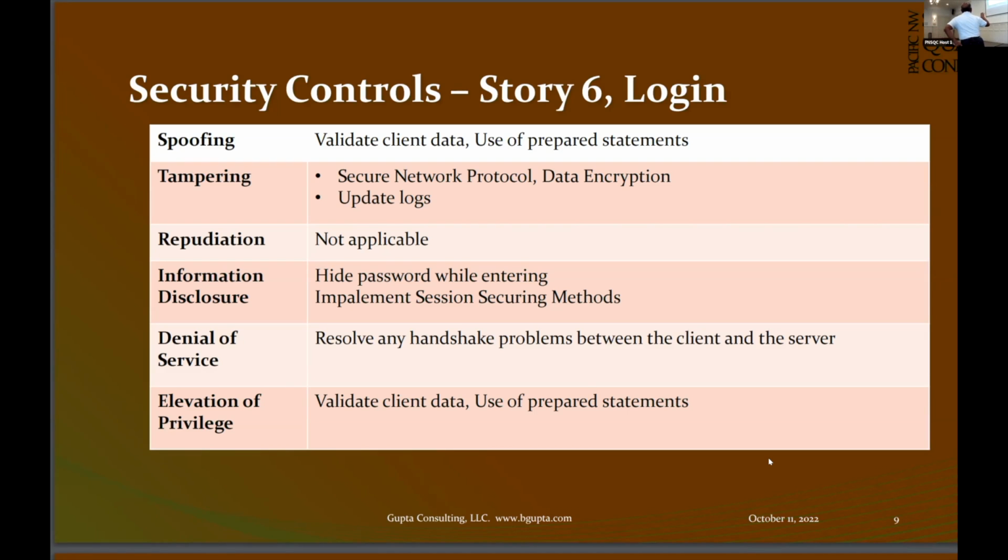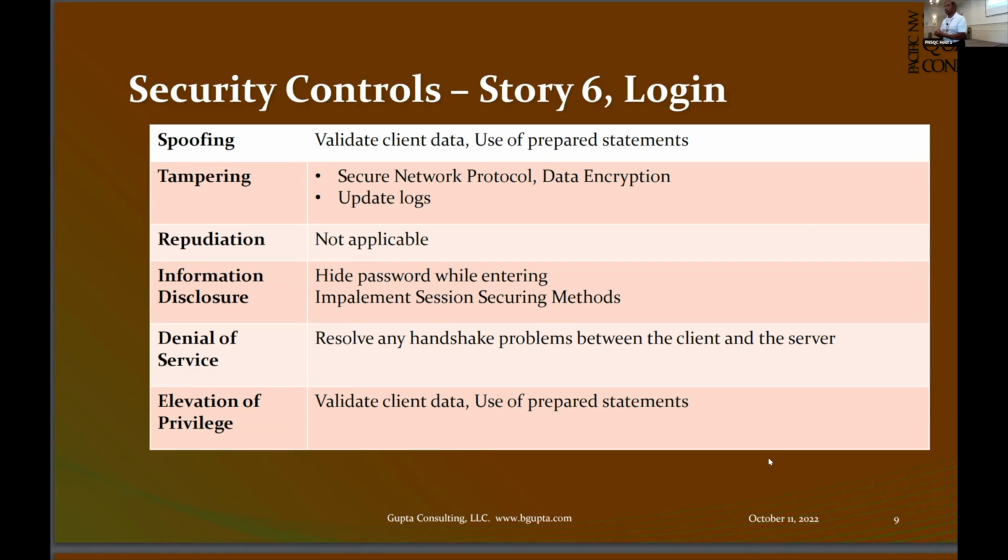So those are the type of things you can do through STRIDE. Now, if you have X number of stories, and you want to see which one is the high risk story, you go through this analysis for each story, and wherever you check, subject to spoofing, subject to tampering, you will get that feel that this story is very risky because it's subject to all six different factors.